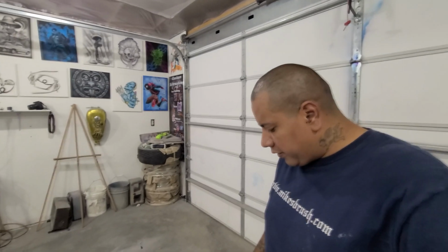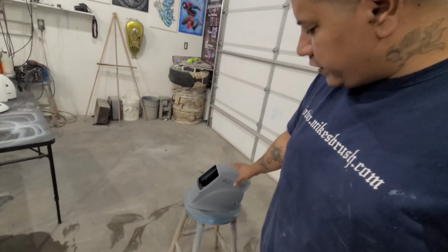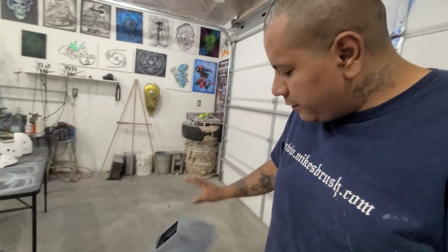It's drying up nice. And the reason I want to put primer on this is, dark gray primer works really good actually for this. So we're going to do a silver base on this, and then we're going to do some masking, some tape lines. But then all we're going to do is lay,